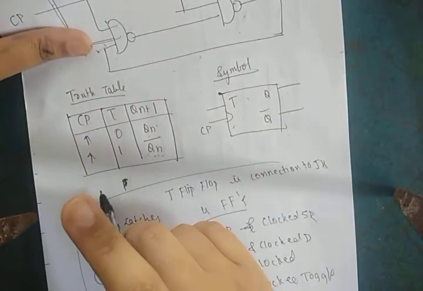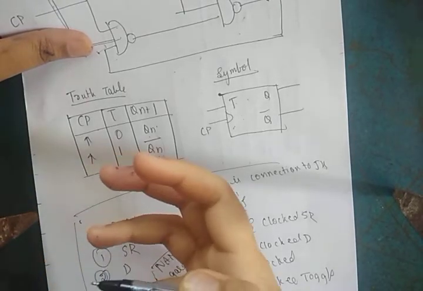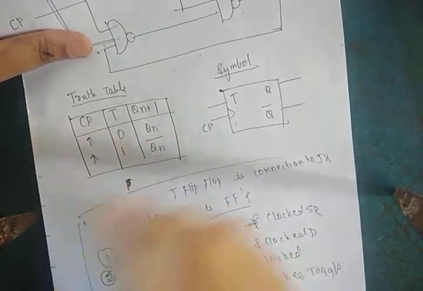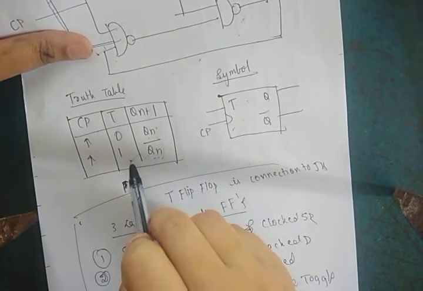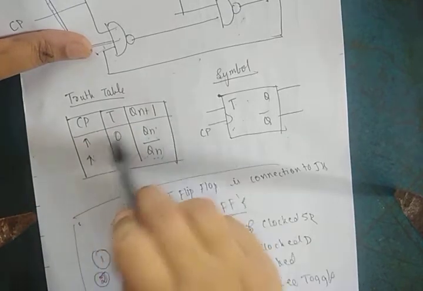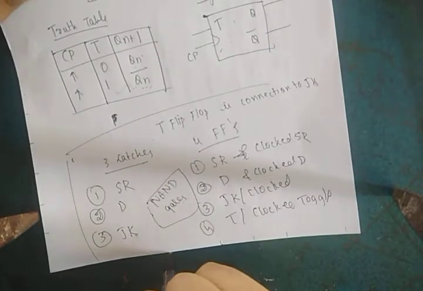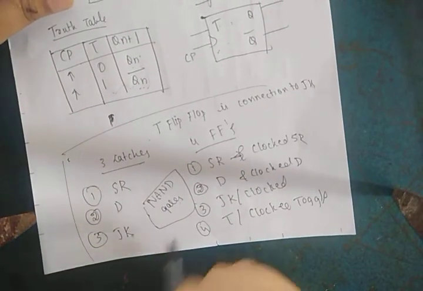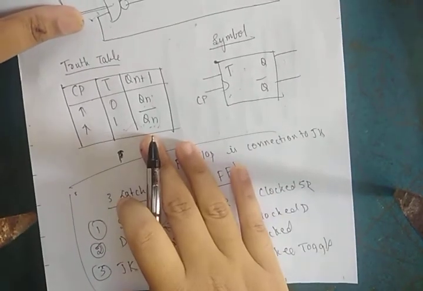Another thing I want to tell you: if they say, for example, explain SR flip-flop, then it is compulsory that you explain the truth table I explained. This applies to all the flip-flops. So this is the end of latches and flip-flops. Another topic, flip-flop excitation tables, I'll be explaining in the next video, and we will start with the next topic, that is registers.